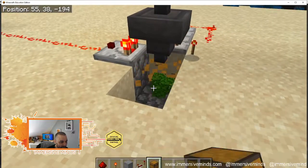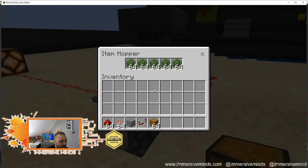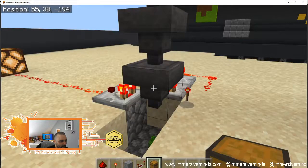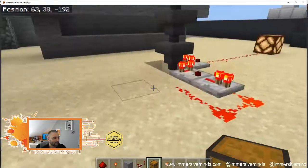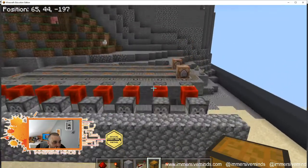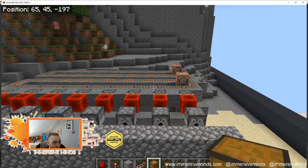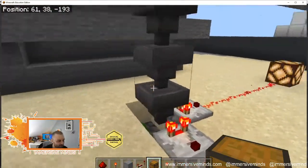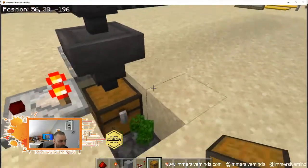You mean I don't need that bit? I thought I needed that bit. I don't need that bit. I was convinced I needed that bit. What's going on? No, I'm sure there's a reason I need that bit. I'm sure if I put a chest in there now...